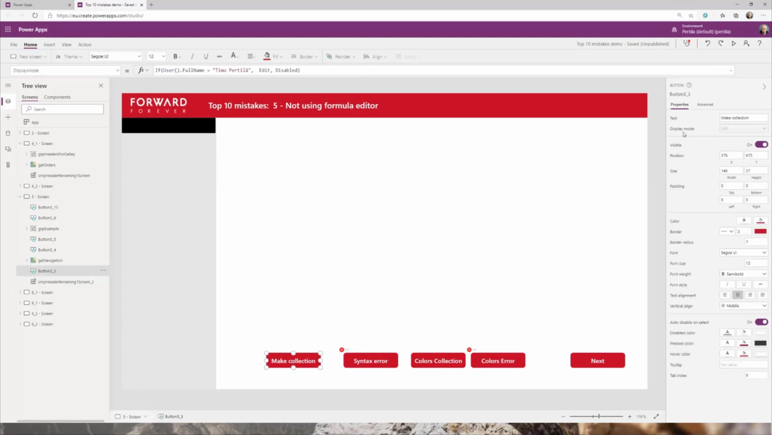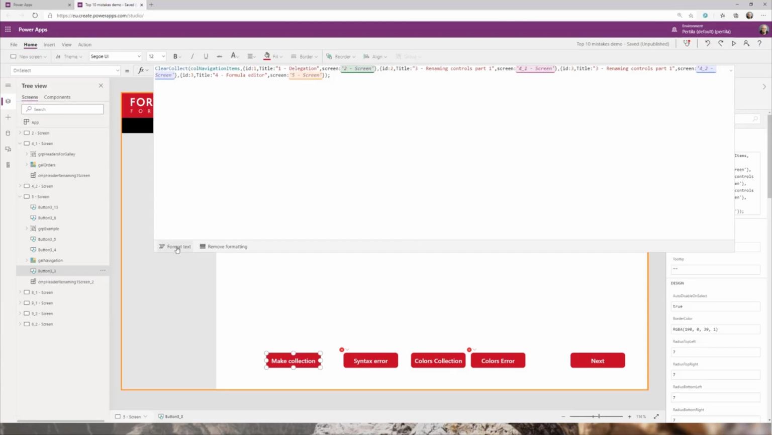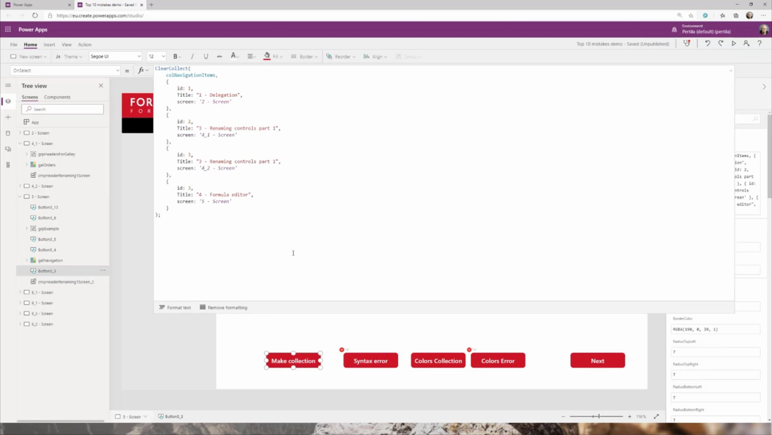And then let's open here. You can auto-format these formulas. So there's format text and remove formatting links here. When you click format text, it auto-formats your formula so that it's much easier to understand and read. In some cases, for example if you build a large static collection here, this auto-formatting might make the code a little bit too long and too spacey. But usually it makes it better and easier to understand if you use this auto-formatting